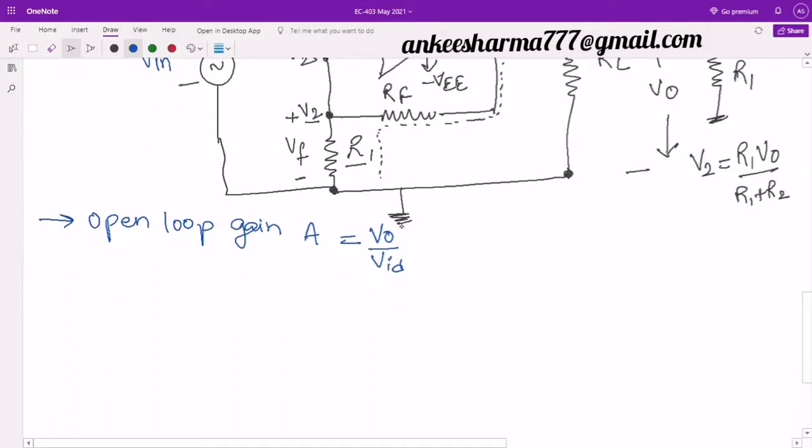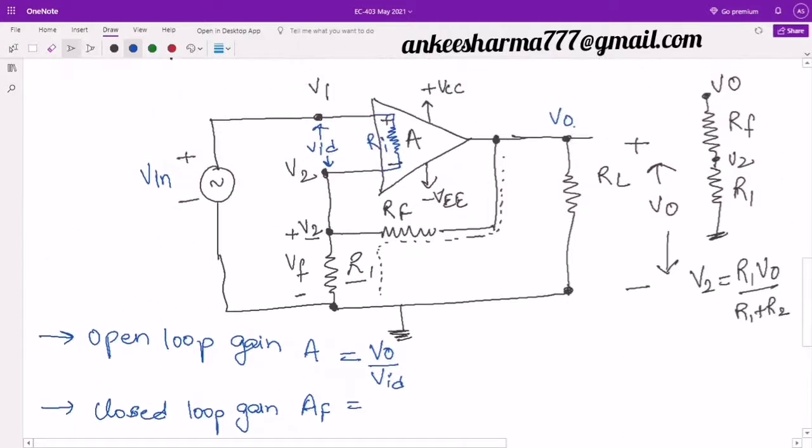Second terminology that we have used is the closed loop gain. What is closed loop gain? That is when we have applied the feedback. So closed loop gain will be denoted by AF, that is gain with feedback, and it is equal to, what will be this? Now earlier we had only this block, in the dotted section. For the open loop thing we have just this part. So definitely output upon input was the gain, so output over here was V0 and input was VID, or simply the difference of V1 and V2.